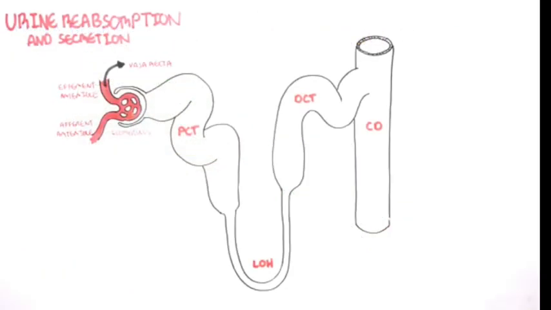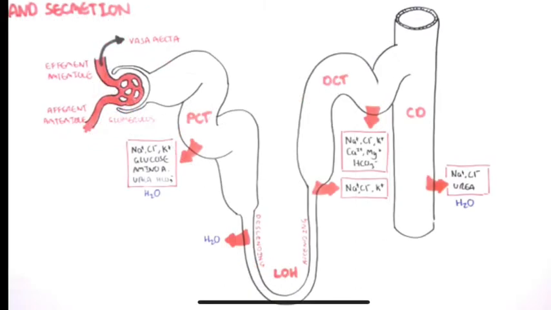Here we can see the nephrons, which consist of the glomerulus, proximal convoluted tubule, loop of Henle, which consists of descending and ascending limb, distal convoluted tubule, and subsequently collecting duct. At the proximal convoluted tubule, there will be a reabsorption of sodium, chloride, potassium, glucose, amino acid, urea, and also